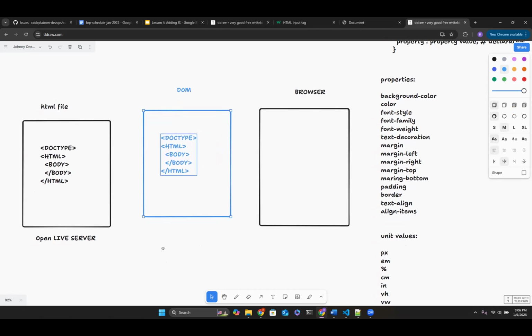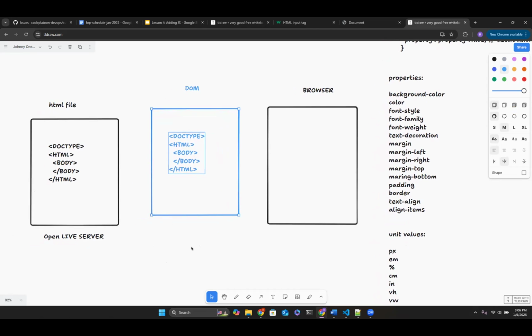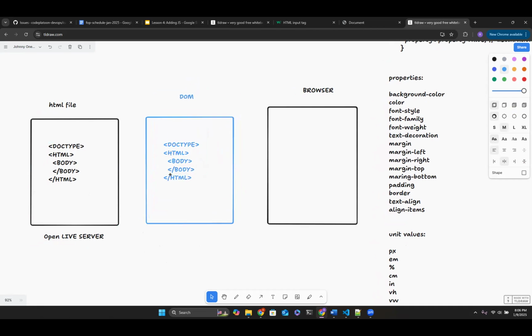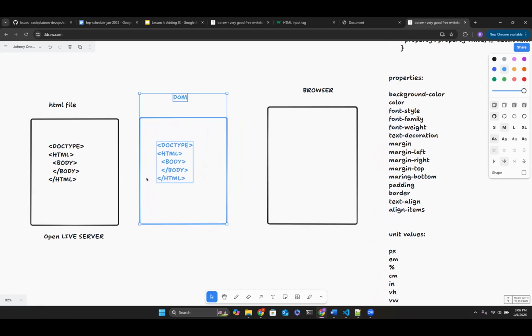Now, there's no actual way to really manipulate your file without this DOM. The reason for this DOM is it becomes the middleman between you and your browser and your HTML file, right?